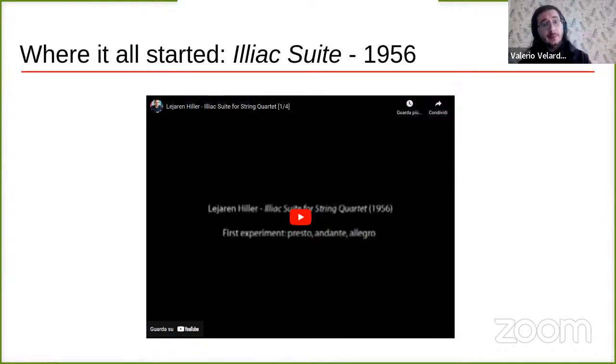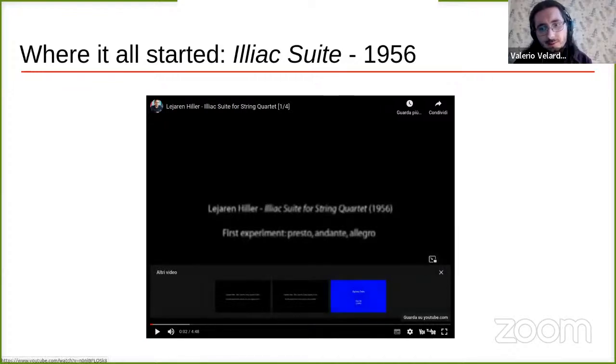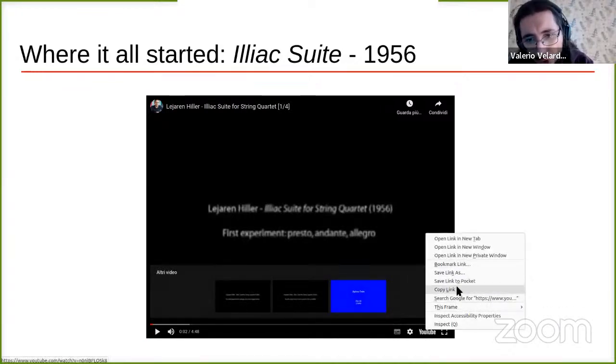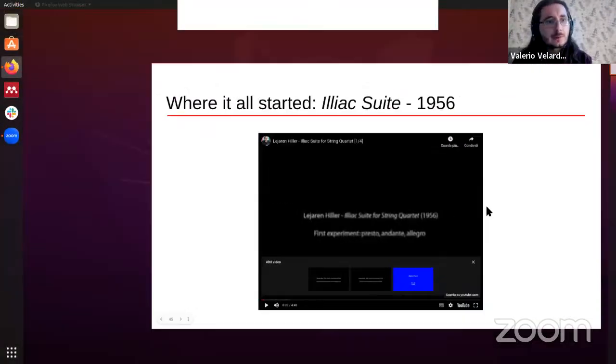If I remember correctly, the composition is divided into four movements, and within each of the four movements, these researchers used different techniques like Markov chains and generative grammars in order to generate a music score. Okay, so unfortunately, I don't think you can hear this, so I'm just going to copy the link and